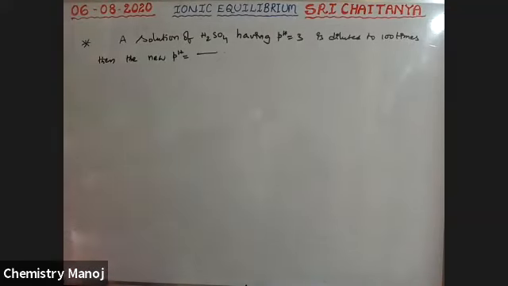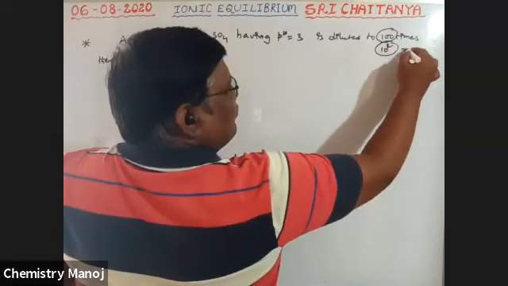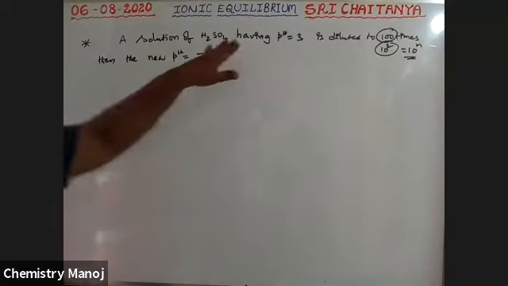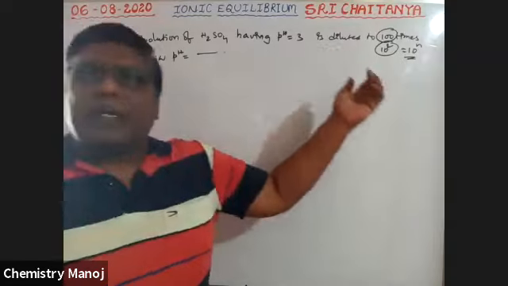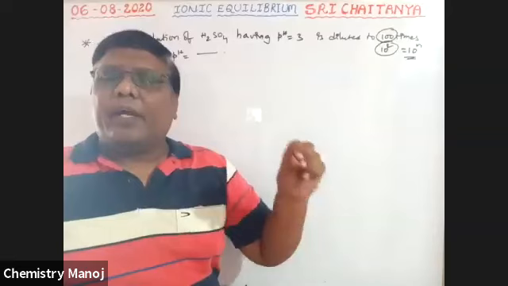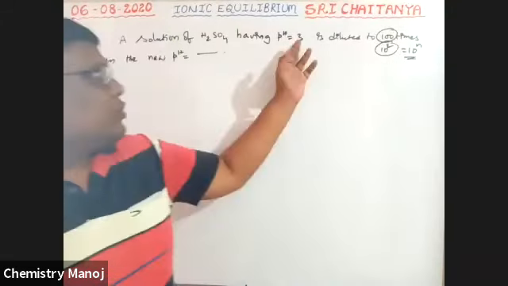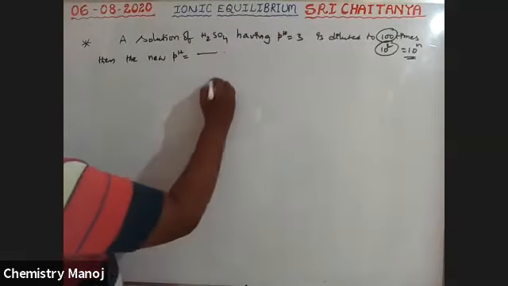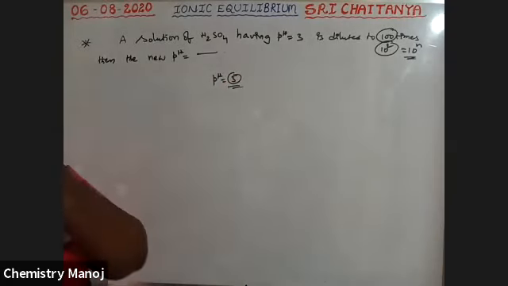Okay, see boys, it is 100 times. Let it be 10 power 2 times. Compare this with 10 power n times. So if an acidic solution is diluted 10 power n times, pH is increased by n. So 2 plus 3, that is, see here, the final pH is equal to 5.